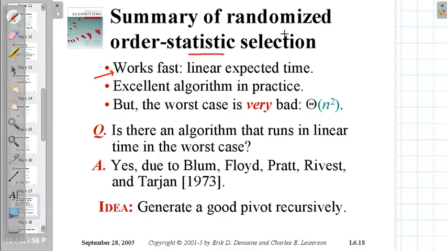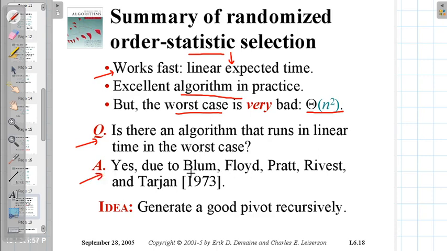Okay. So, summary of this randomized order statistics: expected linear time, an excellent algorithm in practice, but the worst case may be very bad, theta n square time, as we have discussed. Now the question is: is there an algorithm that runs in linear time in the worst case? Linear time in the worst case, okay, not the expected running time. We are not looking for the randomized one. And the answer is yes, that is due to